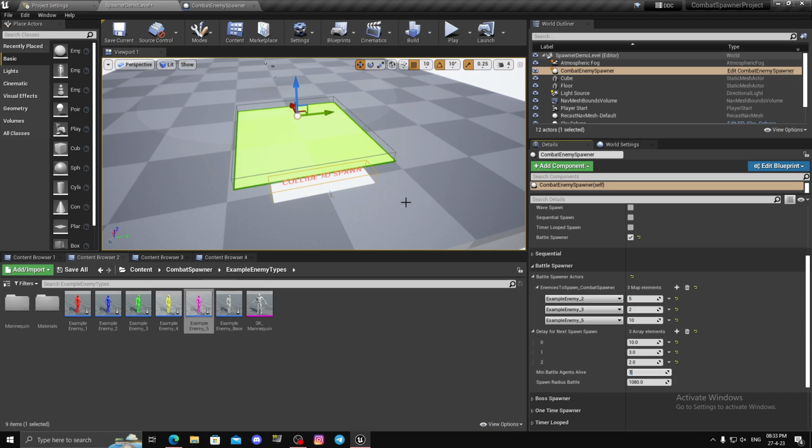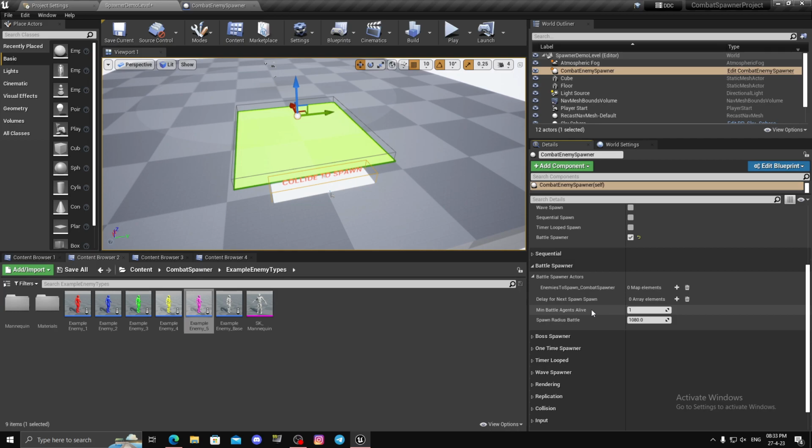Once the number of agents alive, by agents I mean the enemies alive in this arena, is less than this number, then it will ignore the spawn delay and spawn the next one. But it won't go into a loop. It will just spawn the next one, a random one, get the corresponding delay, and then continue the spawning. So that's why you have that minimum agents alive, and again spawn radius battle. So that's it, I guess. That's the system